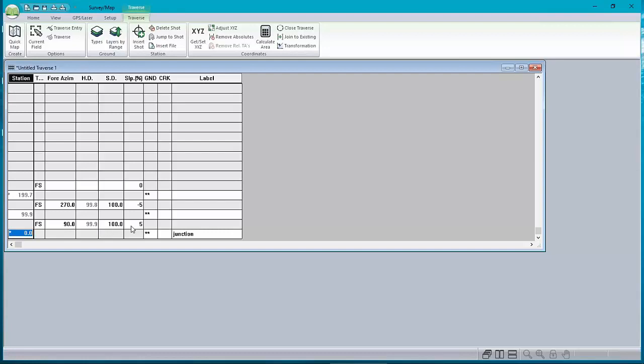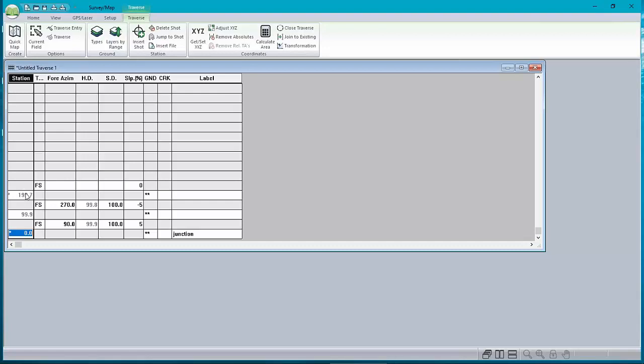So imagine you're out in the field, you've got a pretty decent GPS device. You can enter shots with your GPS device. You don't need to do azimuth and distance. It puts them in for you. However, if you run into an area with dense canopy, your GPS craps out, you can start putting in manual shots and it will continue with your traverse. And this traverse that I've created is a combination of manual shots and GPS, and of course it's being adjusted so that all the absolute coordinates are tied down to the